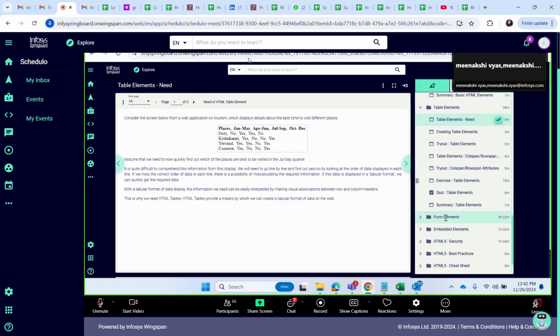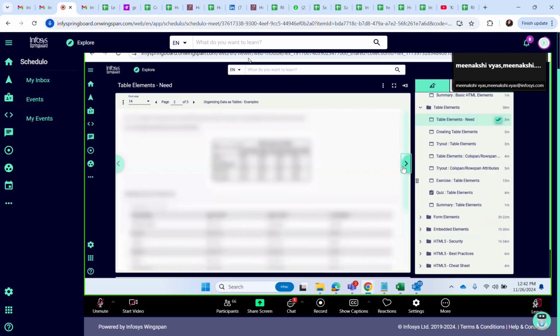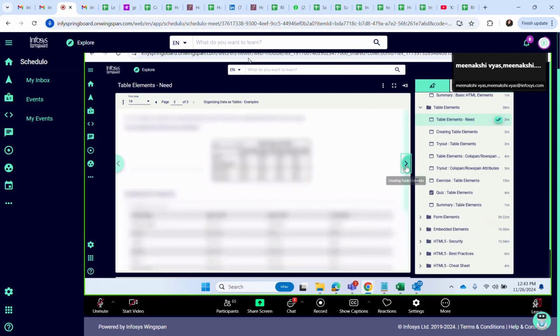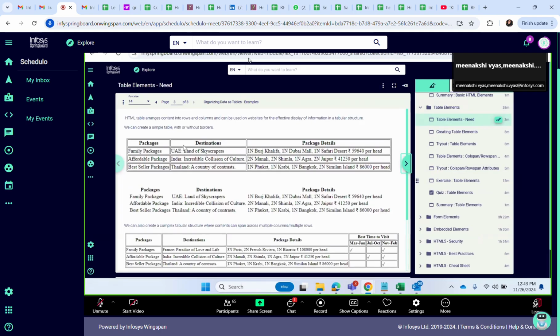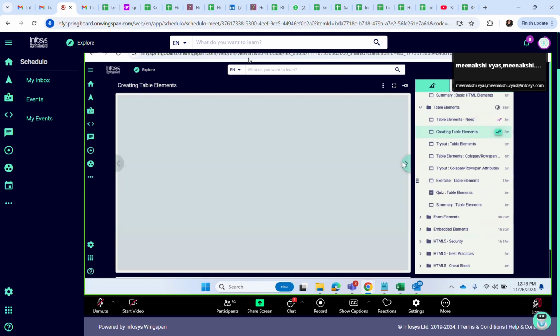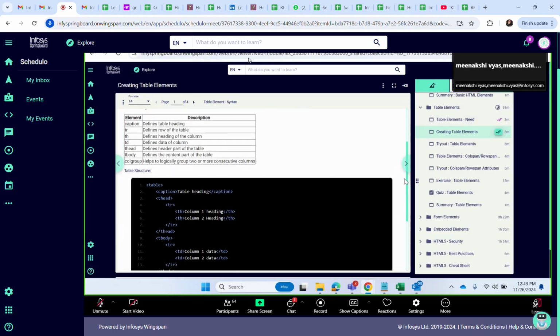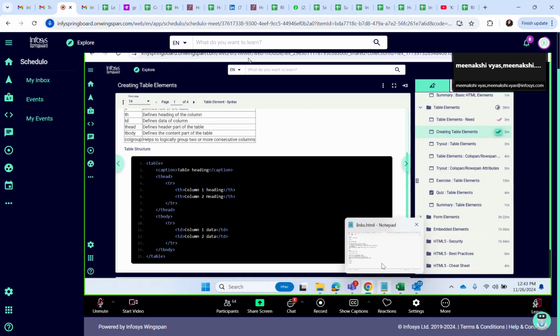Right. So there are two more things, that is table and the form, which is important. Every day we create some or other tables. We want to display our content in the tabular format so that we can understand or we can structure it in a better way, right? So if I want to create a table, there is a table tag. You can see there are different types of table which I can create. The look and feel you are seeing. This is a simple table. If I want to style, I can style it also. And let's create a table.